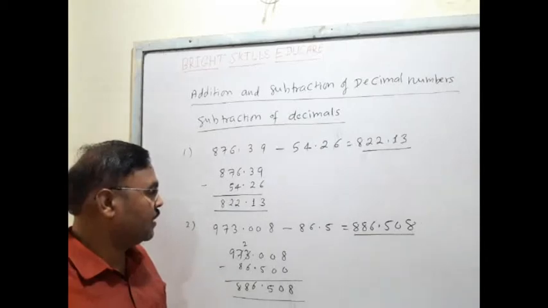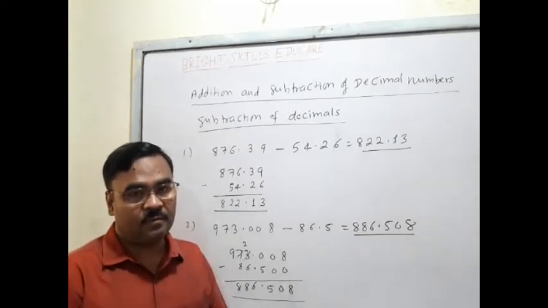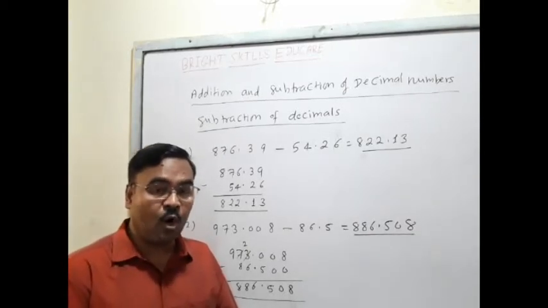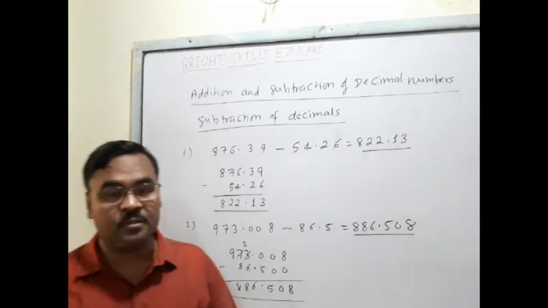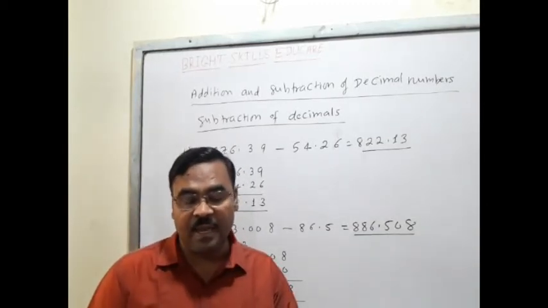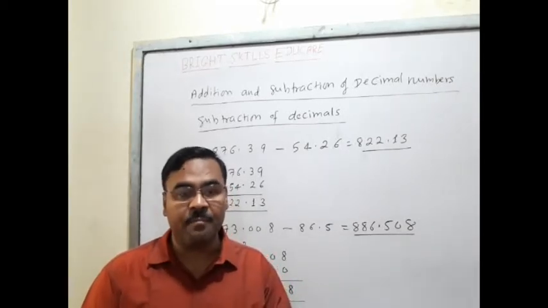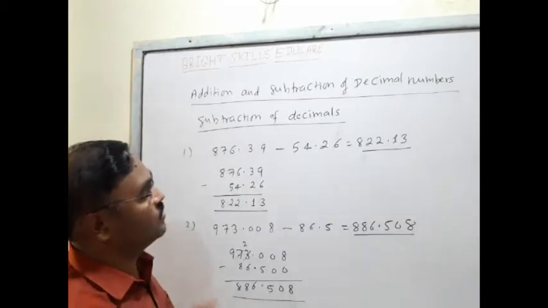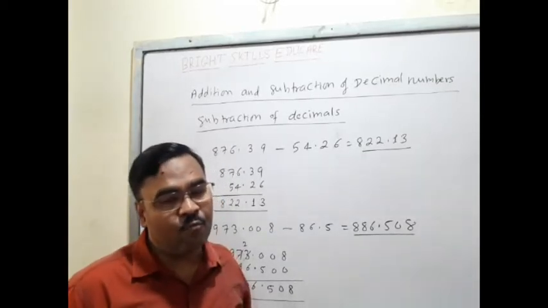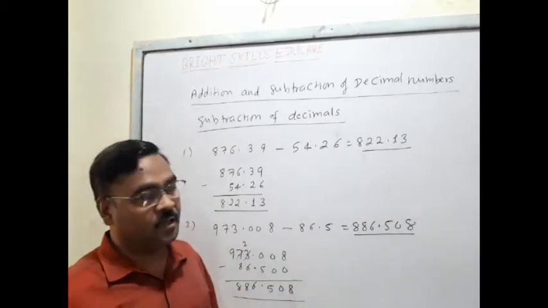Understood that? सिर्फ इतना याद रखना है, पॉइंट के नीचे ही पॉइंट होना चाहिए. आगे पीछे हुआ तो रॉन्ग हो जाएगा। और ये मिस्टेक्स बहुत सारे स्टूडेंट्स करते हैं, 9th के स्टूडेंट्स करते हैं, 10th के स्टूडेंट्स करते हैं, पेपर चेक करते समय हमें दिखाई पड़ता है। So many students do this type of mistake. That is why I am taking this addition and subtraction. देखने में तो बहुत सिंपल और बहुत इजी लगता है, लेकिन वो मिस्टेक हो ही जाता है। So always remember these things.